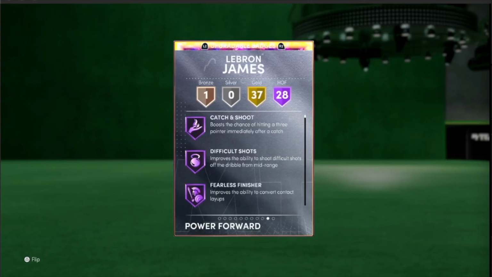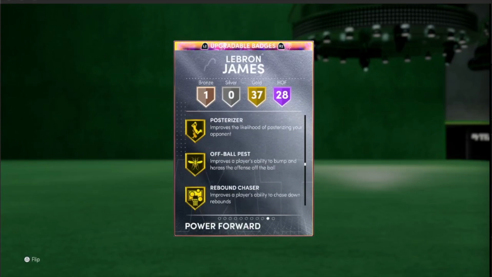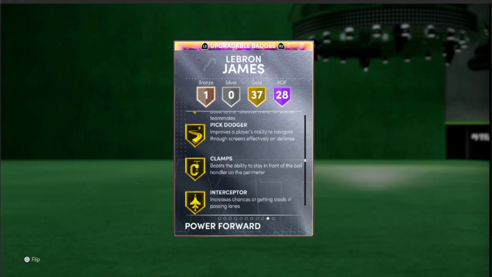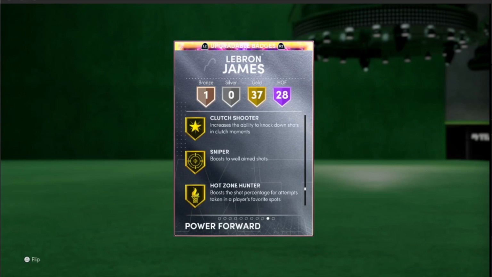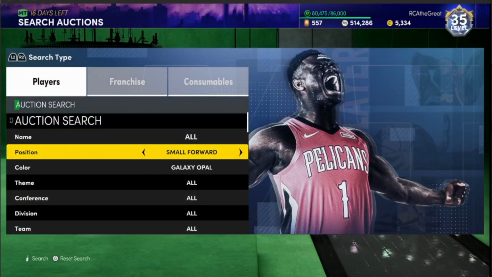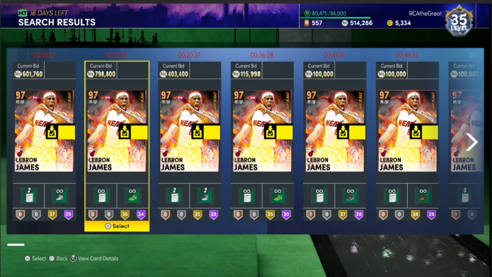So let's look at the badges that LeBron still needs. LeBron can upgrade his Clamps. LeBron can also upgrade his Deep Threes badge. So if I were to put Hall of Fame Deep Threes and Hall of Fame Clamps on my LeBron, let's go check what his price is at right now. LeBron James's price is at 600K without those badges added. If you can see right here, he only has 29 badges. On this one, he has 34 badges, and he's already at